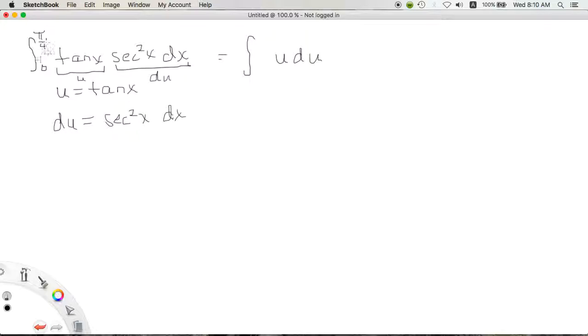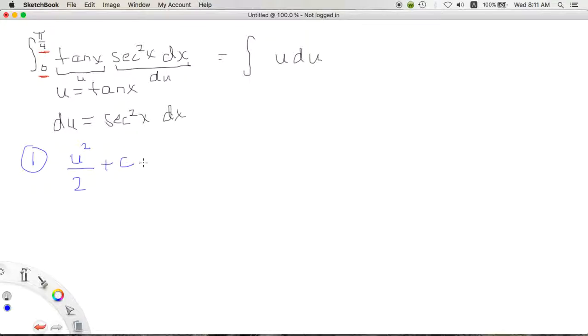Now, here's the difficulty. These bounds here, these are the limits of x. So you have two options. Option 1, you find your integral and then go back to these bounds. So the integral would be u squared over 2, and then plus c of course,